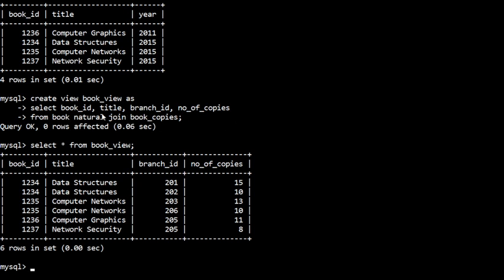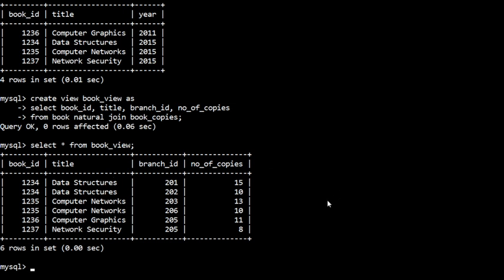So it will just execute this query, and that result will be shown to the user. In the database you will have only the definition of this view. That's why it is called a virtual table or virtual relation.